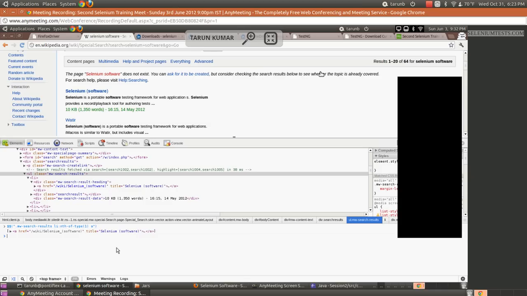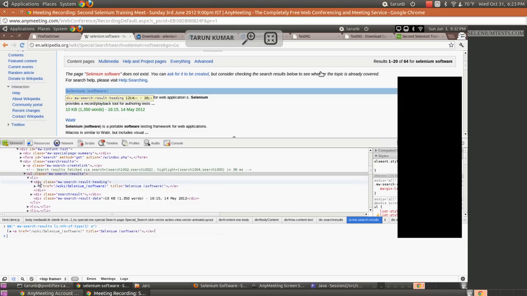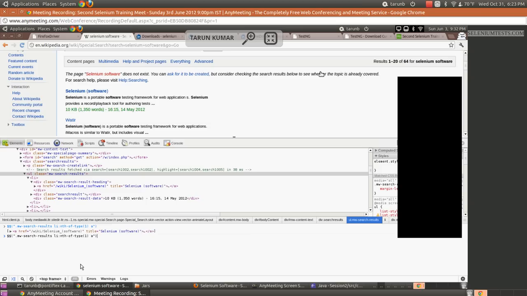Yeah, so we use space in the case when the element is not the direct child. If you see the anchor element here, it is not the direct child of li. Do you guys see that? Since it is not a direct child of li, we'll have to use space. Div is the direct child of li. You can directly use div after li, you can give li angular bracket div, but you cannot use it with anchor because it is not a direct child. So you have to give space and then use anchor. Okay, is that clear? Okay, I think that's clear. So let me just copy this.